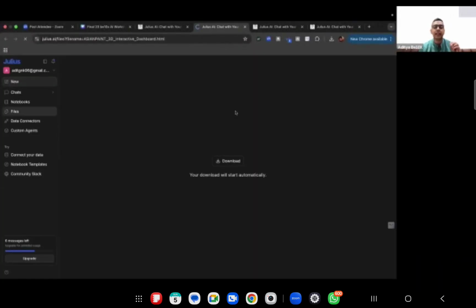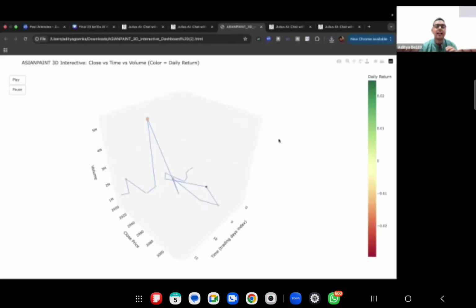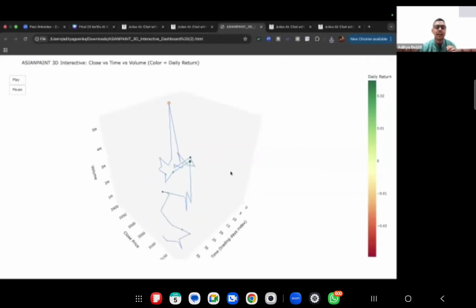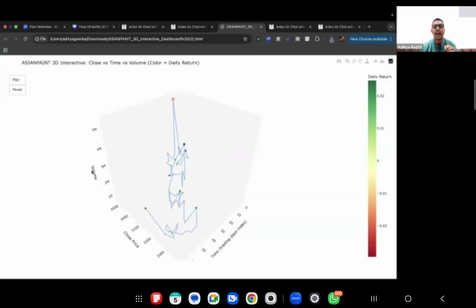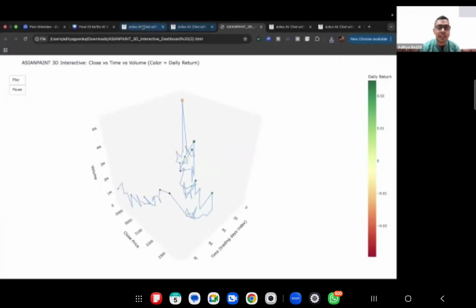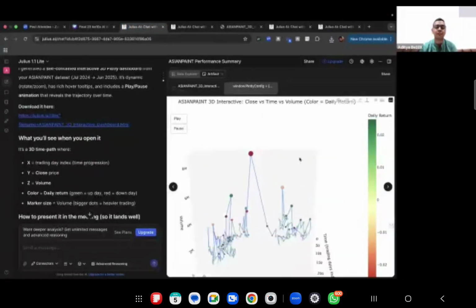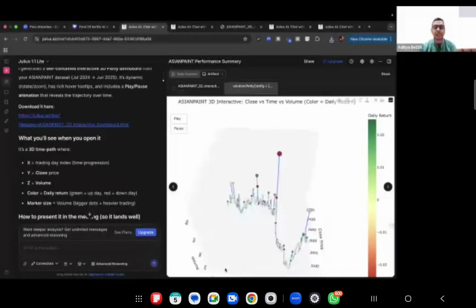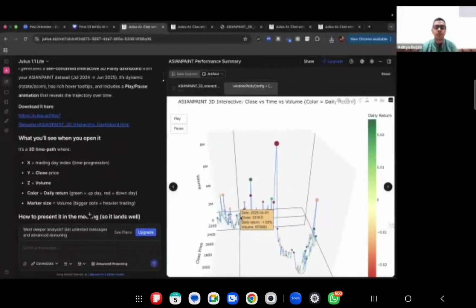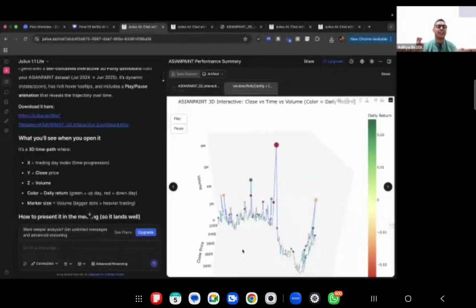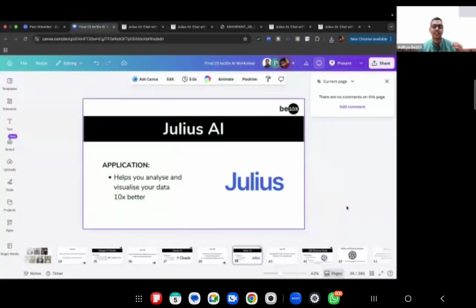If I click on this HTML link, it will be able to download the same for me. If I click on this, I get an interactive 3D dynamic visualization, it will fill all of this, and then I can play around with this data. I can zoom in, I can rotate it, I can do whatever I want, and I will be able to create that wow impression. You can see over here, I can play around with it, I can look at different angles of it, I can zoom in, I can zoom out, whatever it is, I can do all of that. Biggest MB in the chat box. Yes, that is perfect. So guys, that is how we do data analysis with the help of AI.